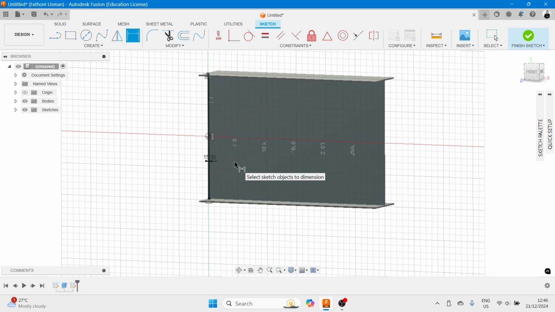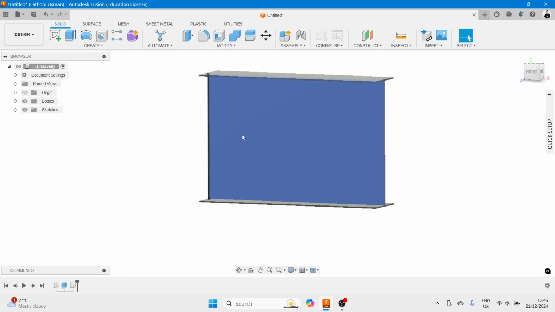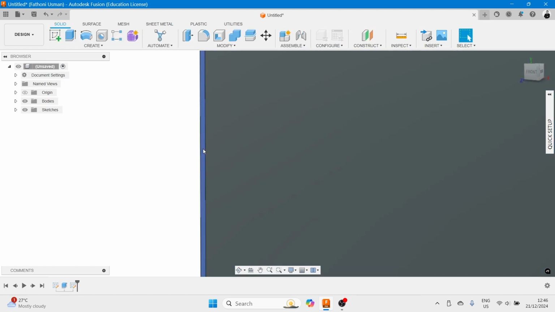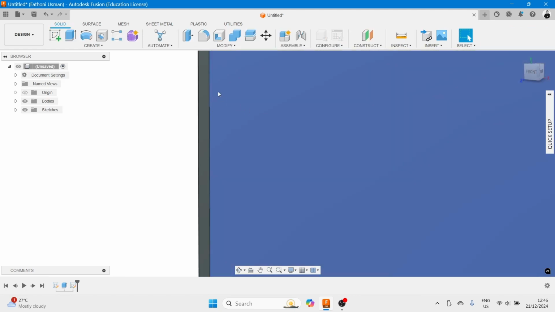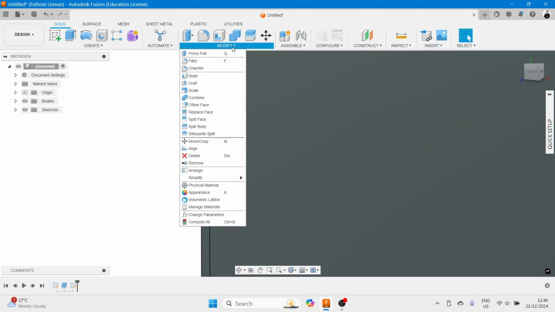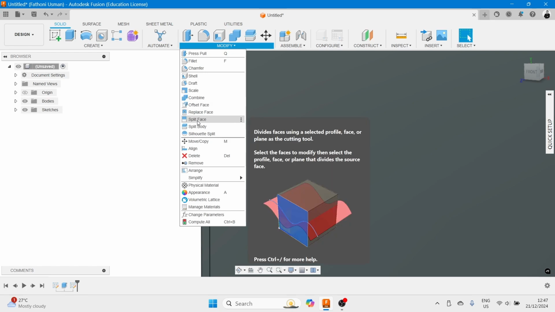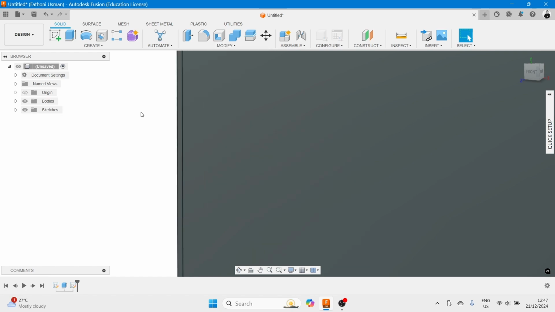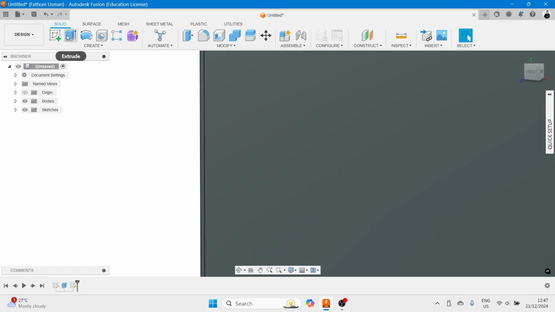Done. So we escape, finish sketch, and then we have two surfaces here. So basically we can split the surface by this line, by the existence of the lines, or we can also split the surface by using modify. Here there is a split face. Anyway, so then after that we extrude